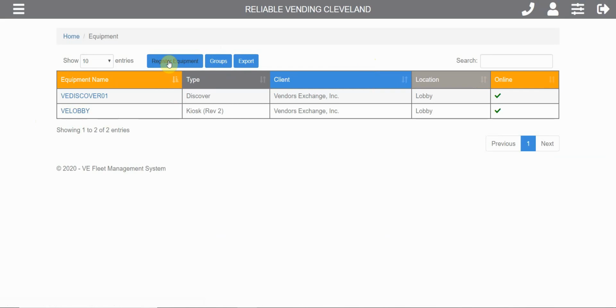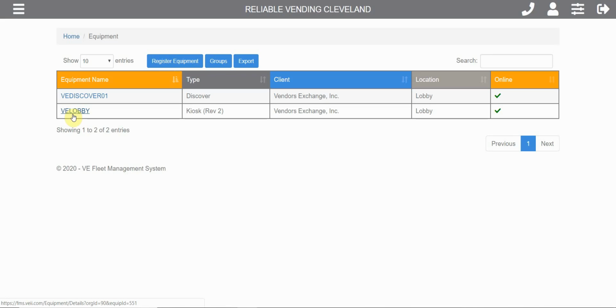You'll notice if you're US Connect or a My Vending Rewards user that your equipment will show up already registered in FMS. It will likely say it's offline until you turn the kiosk on and place it online. This is done so that you can activate your equipment immediately and get going. The only thing you'll need to do when you turn on that equipment and get it activated is associate a